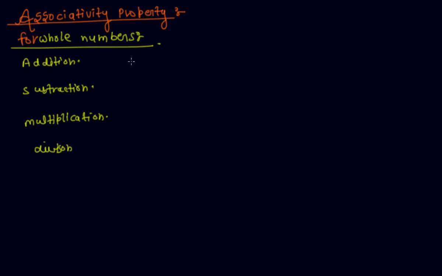If I discuss the associativity property for addition, this means a plus (b plus c) equals (a plus b) plus c. So for whole numbers, addition is associative, so it follows the associativity property. For subtraction also follow